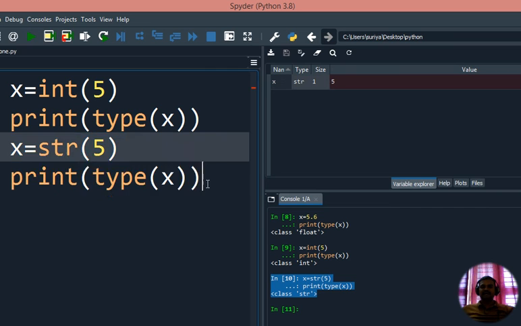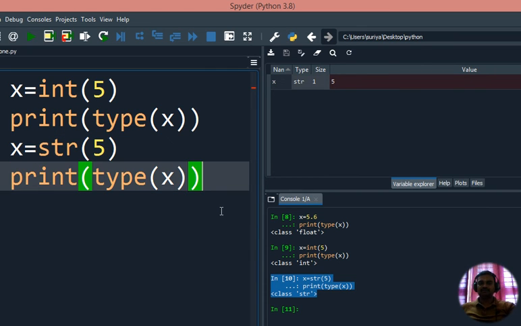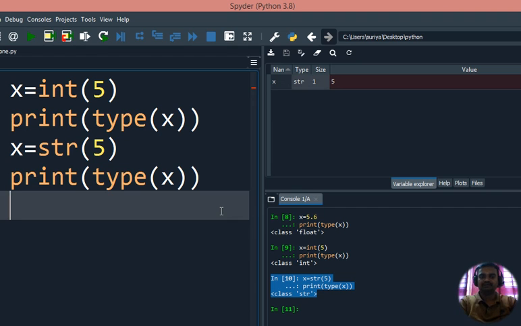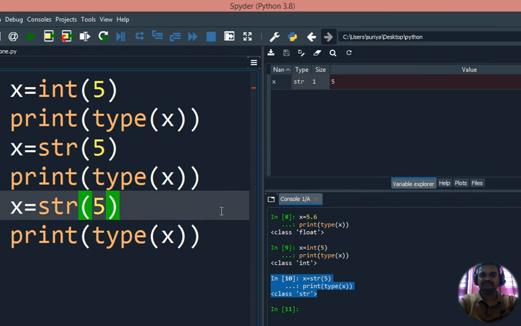In the same way, I can typecast with some other data types also. I plan to typecast with floating point. So when I give x equal to float of 5, the 5 will be converted to a floating point and stored in x. So the data type of x is float. We are converting the value 5 to a floating point value.